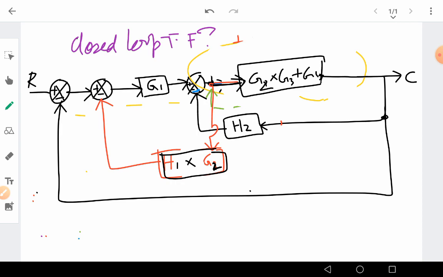Now we can see that right now we don't have any other option for simplification, because this red thing is coming in between the feedback loop. Can I take it to the left or right? No, there is no other possibility, because the feedback from this path is coming through this path. So better not to touch that. So right now, what about this summer? Can I move it left of G1, so that G1, G2, G3 and all those things are together?